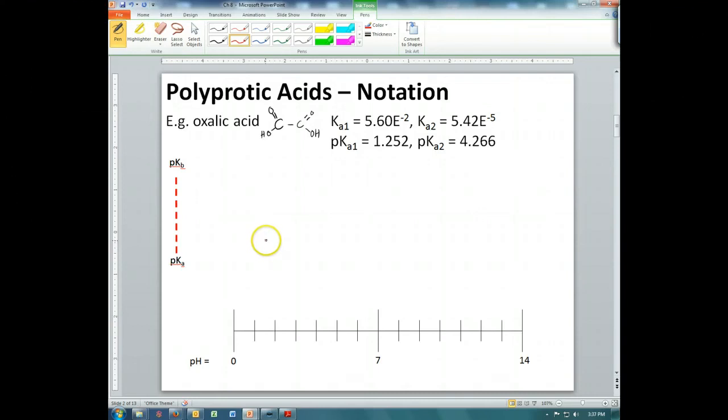In order to start working with polyprotic acids, in other words, an acid that has more than one protic site, we're going to need a bit of notation that we can work with. So you can see here that just as an example, I'm going to use oxalic acid. This is going to be one of our common ligands that we'll see, and I'll bring that up in just a minute. Now, if we were to look up our Ka values, you'll notice that there's two different Ka values